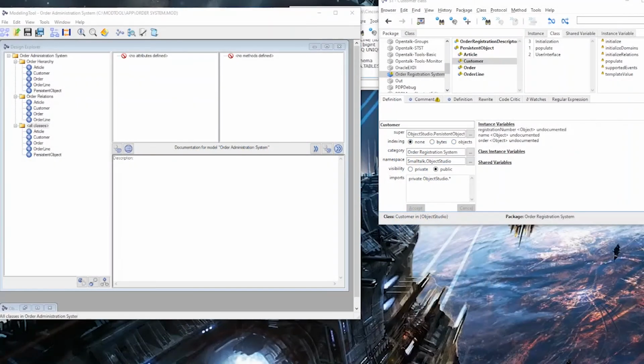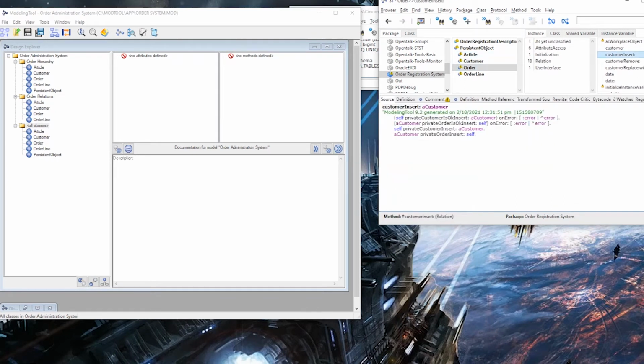Hello, in this video we will show you how our persistent object framework works within ObjectStudio. You see here the desktop and we have ObjectStudio loaded. In the middle we see our modeling tool with our model loaded, and you see some of the submodels and the hierarchy. On the right you see the class browser with the classes loaded, and you see when I scroll over the classes that I have methods there,